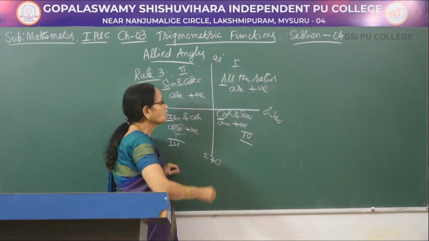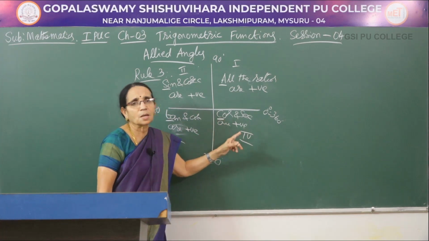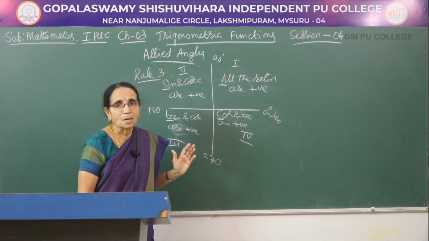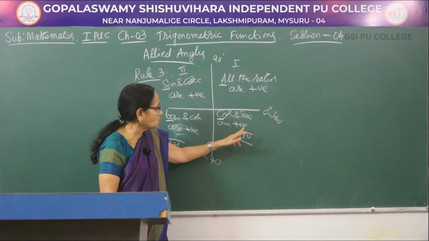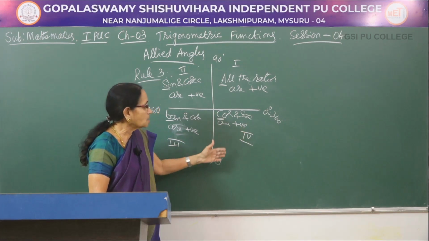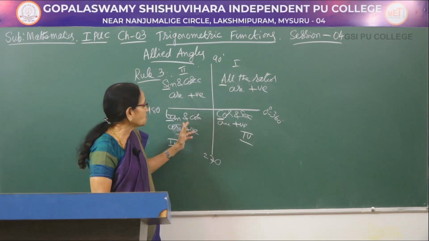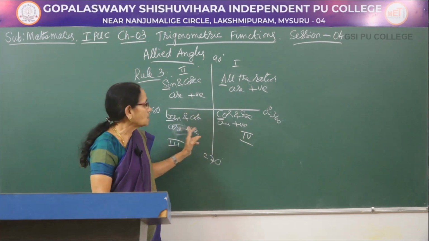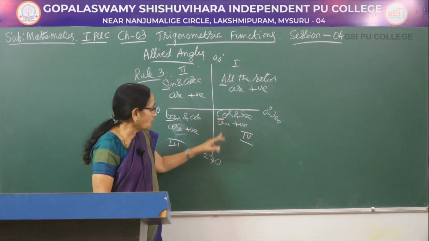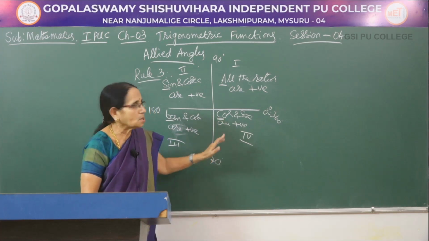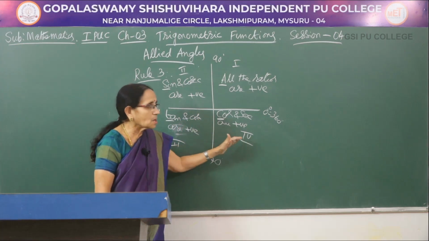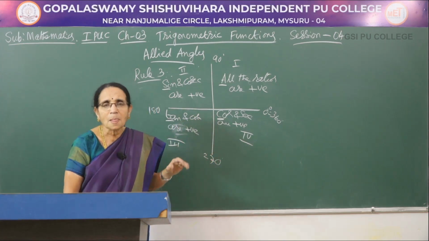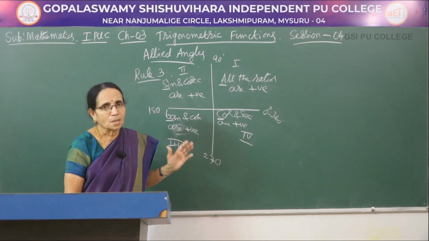Now, come to the fourth quadrant. In this one, cos and secant are positive, so the remaining, sine, cosecant, tan and cot, are negative. You take an angle between 270 and 360, say 300 degrees. If you take sine of 300, it is negative. Tan of 300, it is negative. If you take cos of 300, it would be positive. Secant of 300, it would be positive. So, only those positive ratios are mentioned. That means the remaining ratios would be negative.